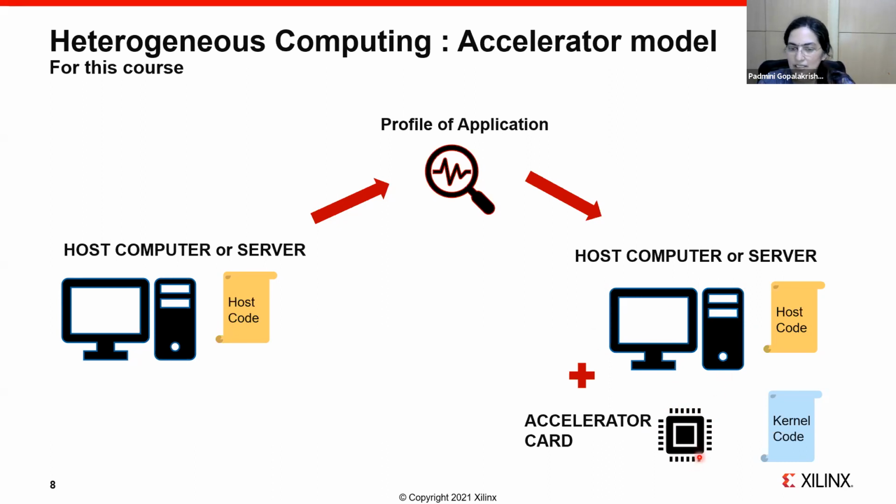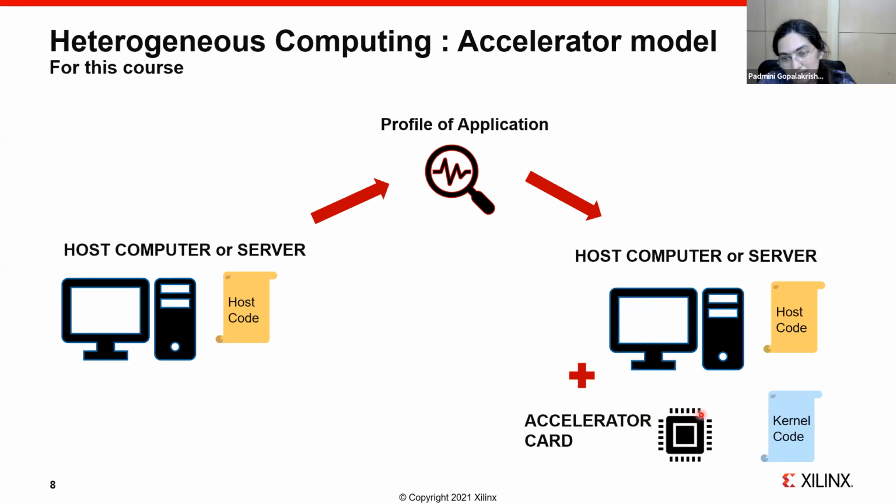Now, if I build an accelerator that can do, let us say, 300 matrix multiplications a second, is that good enough for me? No, because I will have to run my host application slower, right? If I can only do 300 matrix multiplications a second, my host application will have to run at a slower speed, correct? Right?